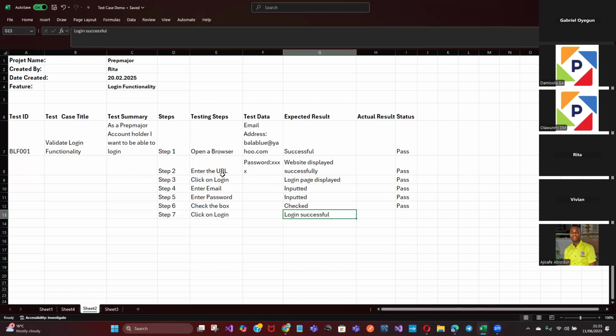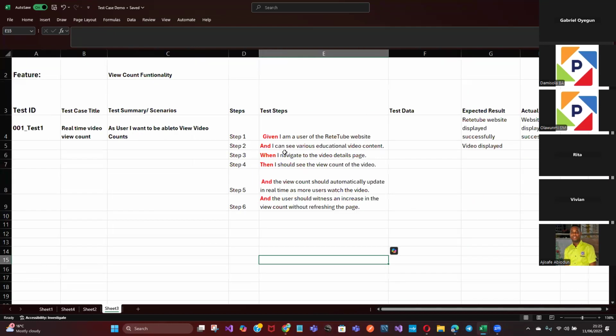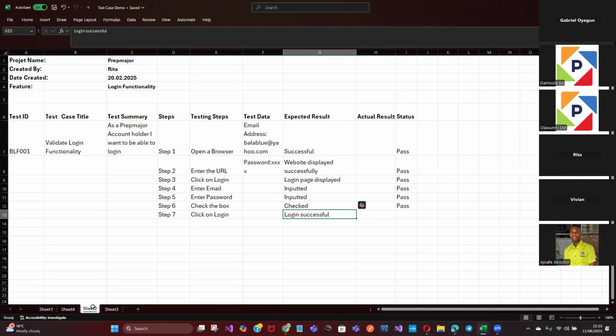Yeah. And like all these parts, enter URL. If I'm to write a proper test case, I'm not going to put enter URL or open browser. Say for instance, if you look at this one now, it's already telling you it's there, given I'm on the user ReadTube website. So that's why it's like what Olusegun said. This is like a command. Yeah. So